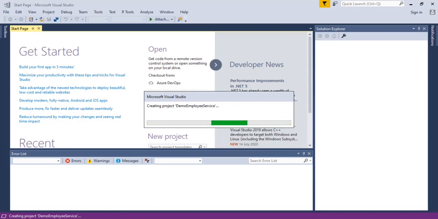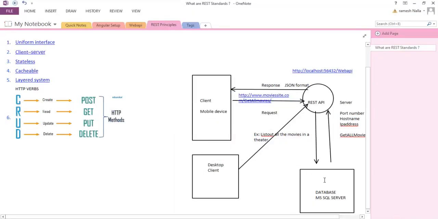I wanted to tell one more thing: I'm using Microsoft SQL Server as the database. Now I'm trying to create this REST API part. I'm going to create a service which in turn interacts with the database and gets the data from the database.